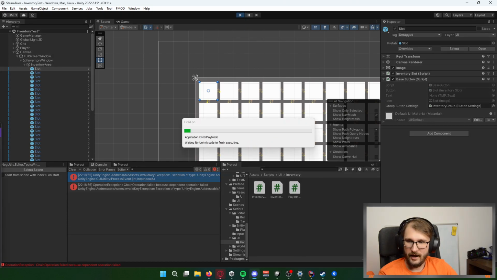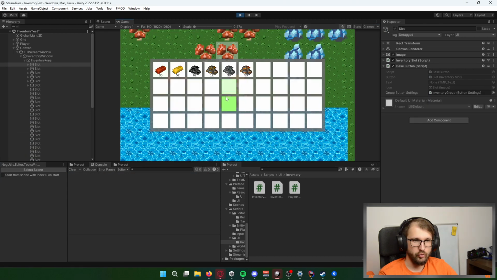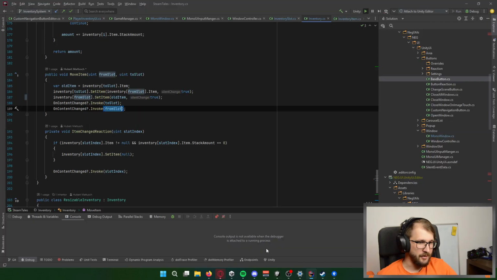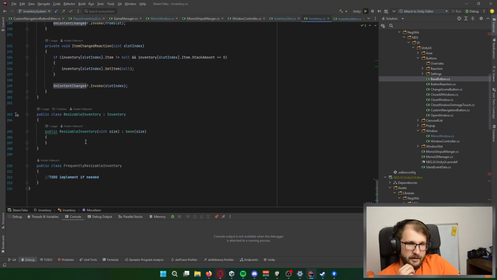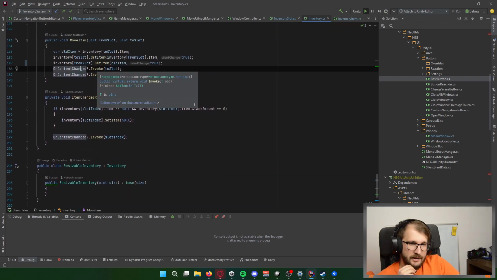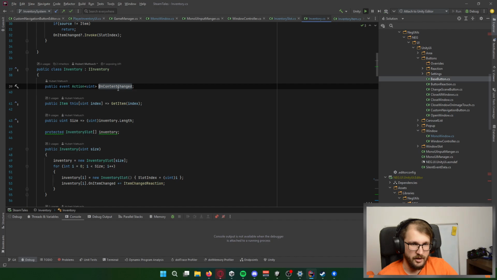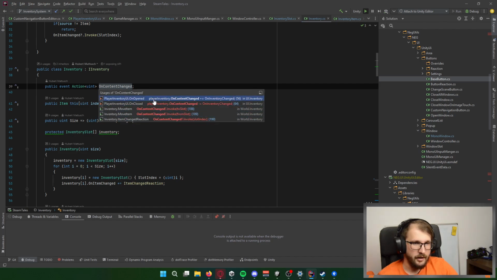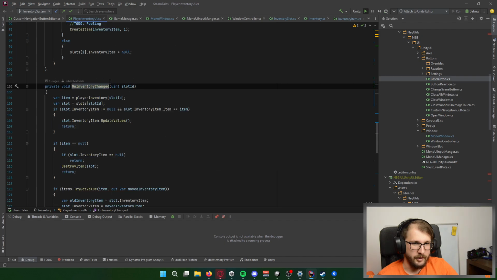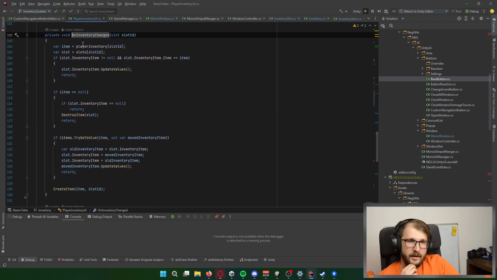So firstly, I'm writing to slot, but for some reason, it removed my item. So on content changed, where is it? It's here. So who is listening for it? My UI is listening for it. Okay, so I've got my slot ID. So my item